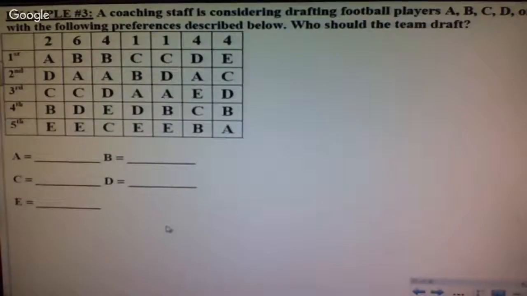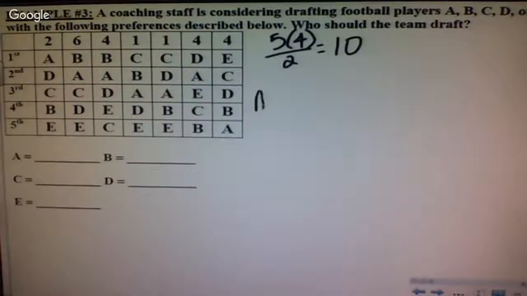Okay. Example 3. A coaching staff is considering drafting football players with the following preference schedule below. Who should the team draft? How many comparisons do I need for this one? How many total should I have? There should be 10. I've got 5 candidates, so 5 times 4 divided by 2 means I should have 10